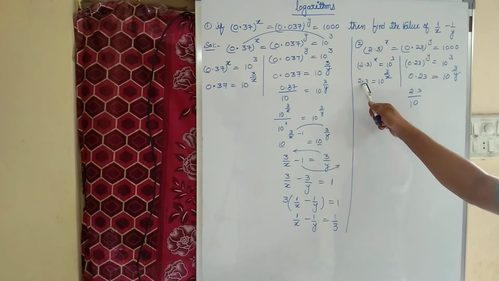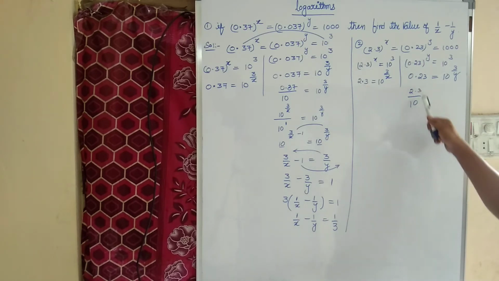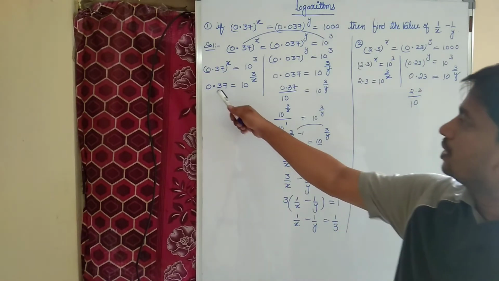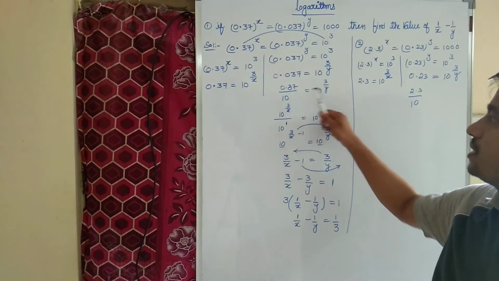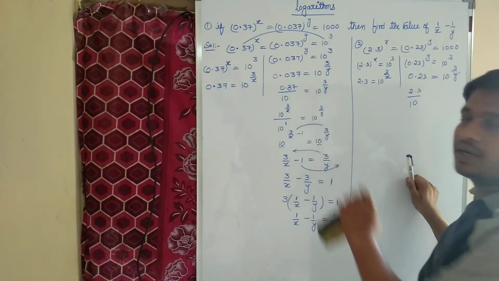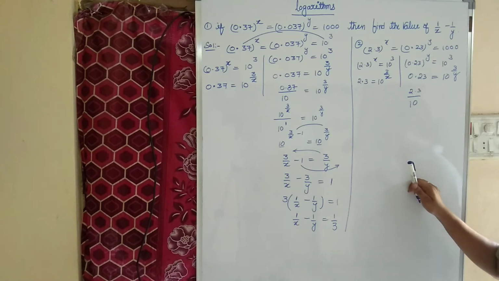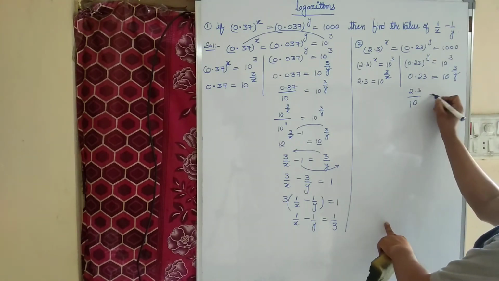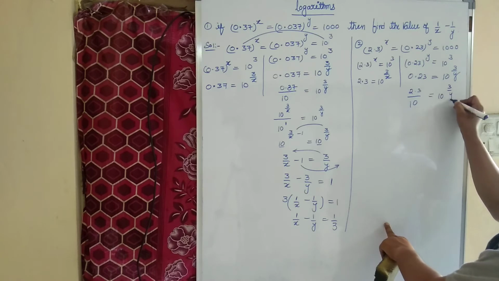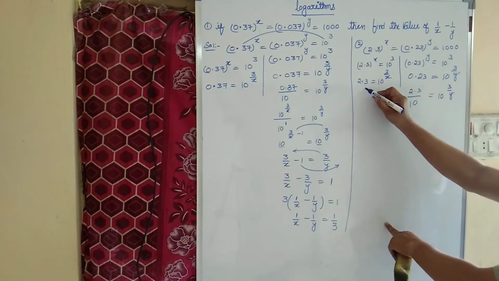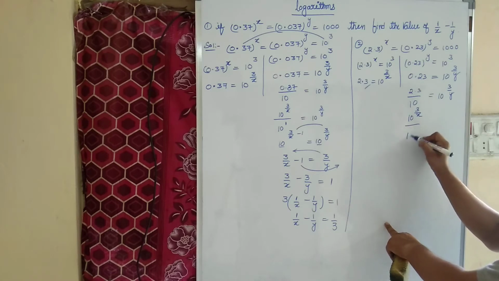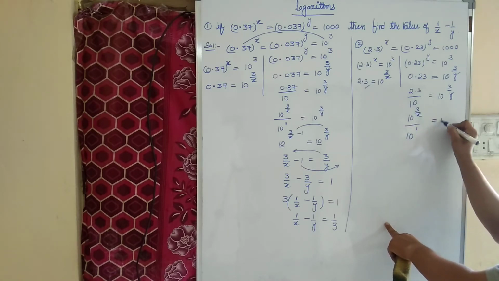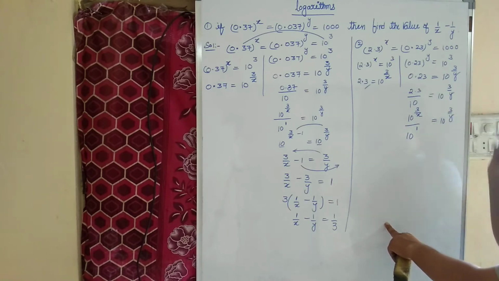ఇక్కడ whatever the value you are getting here, we have 2.3 by 10, రాసేయండి. ఇక్కడ చూడండి, we have 0.37. అప్పుడు 0.037 ఎట్లా రాశాను? 0.37 by 10 రాశాను. అంతే, అంతకు మించి ఏం లేదు ఇక్కడ. రైట్? సో 2.3 by 10 equal to 10 to the power of 3 by y. 2.3 value how much? 10 to the power of 3 by x by 10, nothing in the sense 1, equal to 10 to the power of 3 by y.